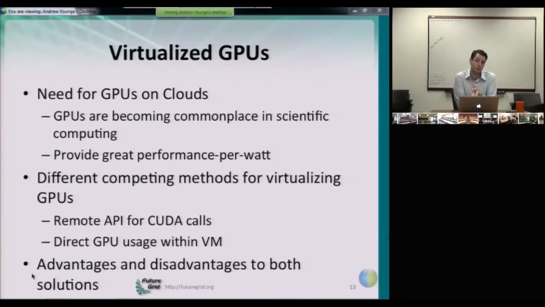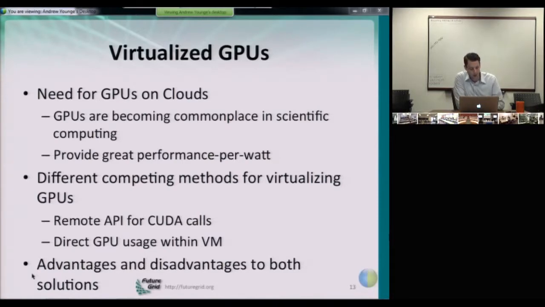It's because they provide a great performance per watt. You can get orders of magnitude scalability with a linear scale in watt usage. For instance, many applications are scaling 40, 50, 60, almost 100 times what you could do on a normal CPU, even a multi-core, latest generation Sandy Bridge CPU, with only adding a couple hundred extra watts to your node. So there's a massive amount of advantages there, especially as we move towards exascale, where the first class problem is power